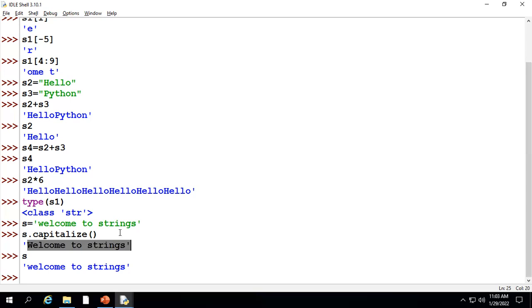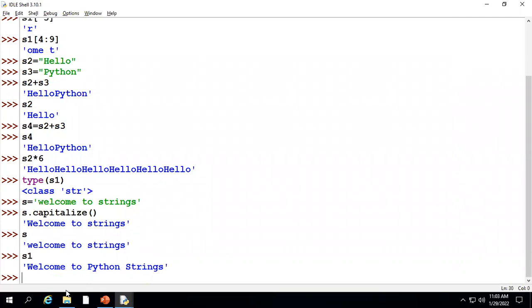The existing object is not changing anything. You can assign this value to a different variable, then you can use that different variable. Okay. Now another method is the count method. So S1 we will see. S1 is welcome to Python string. Okay. S1 dot count of